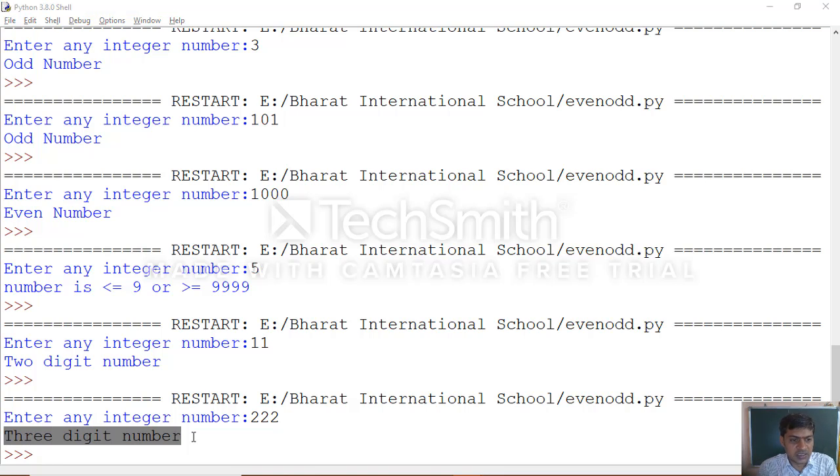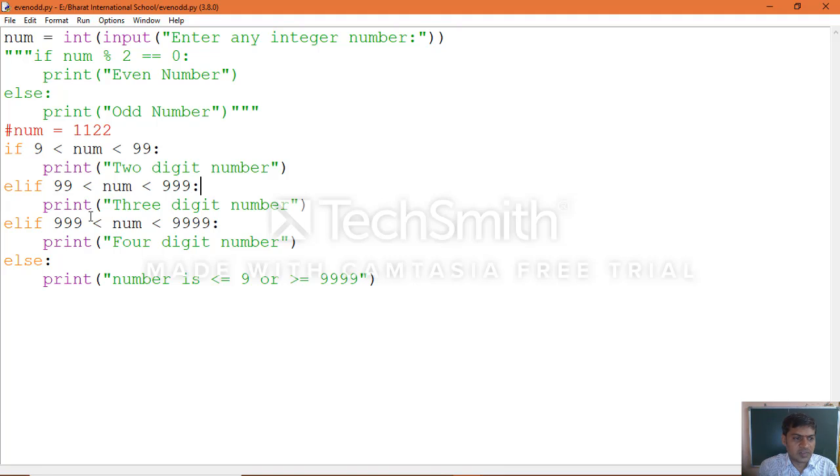Now this time you will see the first condition checks the 3-digit number which we gave. So 9 less than num and less than 99, this condition becomes false, and here comes the elif. Here we check again 99 less than num less than 999.